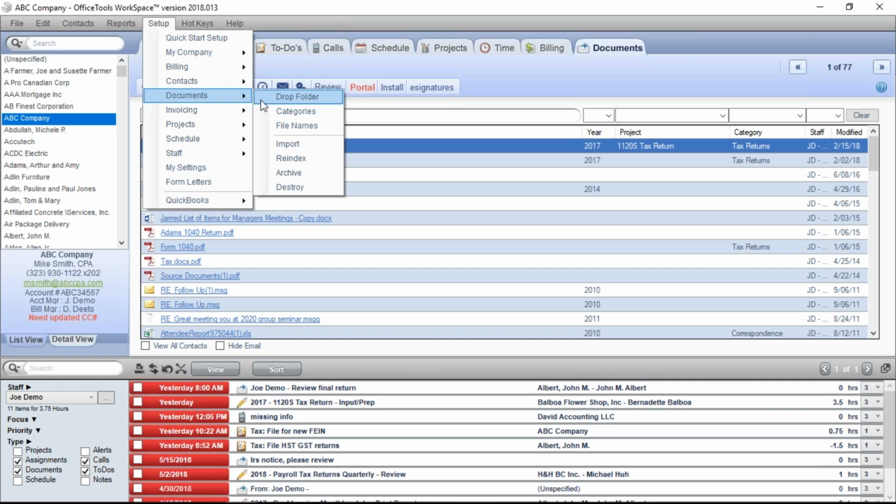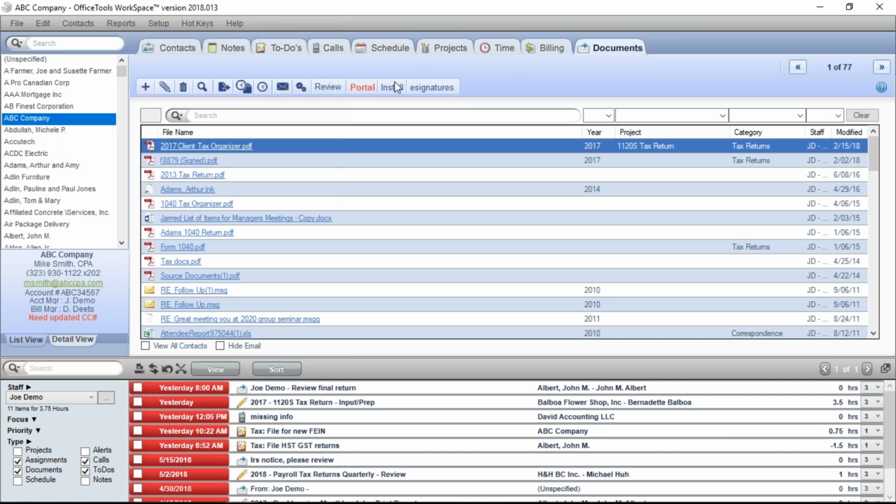We also have what's called a print to PDF option, which isn't quite scanning, but if you've noticed, we've got a PDF print driver here. And again, this will perform the same action. You go in to print a document, print it to PDF, and choose the OfficeTools PDF print driver, and that same window will appear and ask you the same questions. What client, what year, what project, what category. So those are a couple different options we have for you.